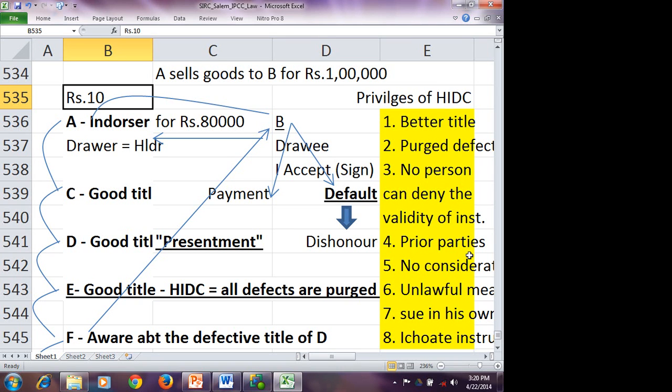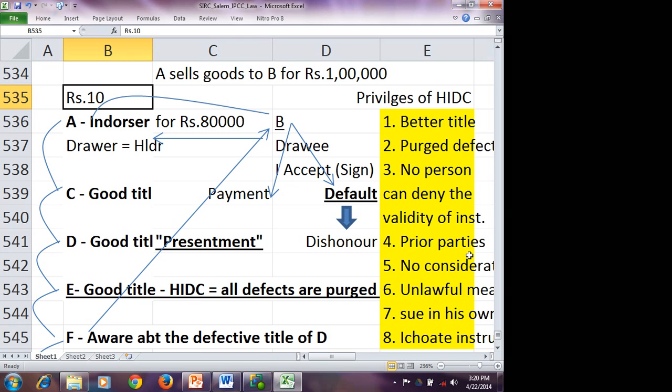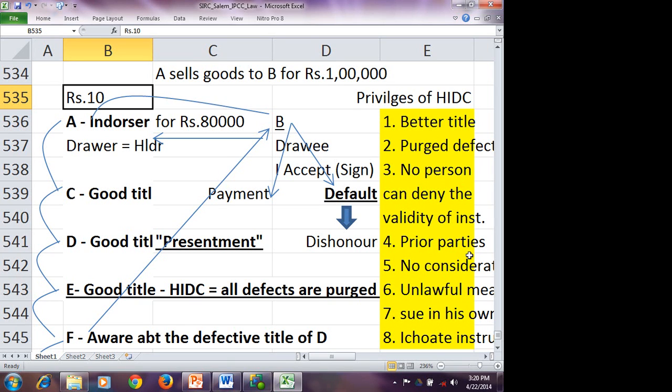But A has an instrument stamped up to 10 rupees, in which he can fill a maximum value of 1 lakh, already signed and delivered by B. So instead of filling in 80,000, let's assume A puts 1 lakh rupees. So he draws a bill for 1 lakh,